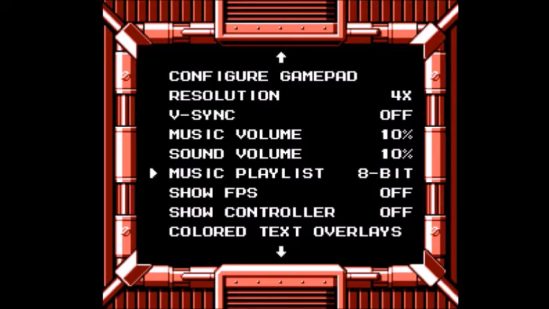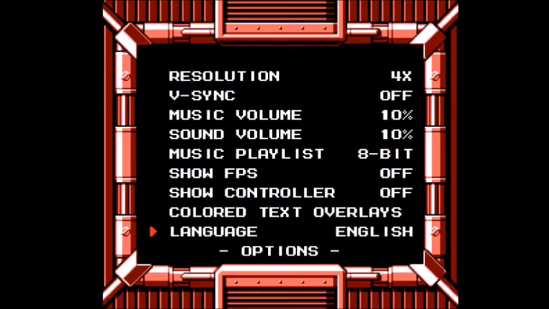Now, also the music playlist, you can either use the 8-bit soundtrack, which is new, or the original 16-bit SNES soundtrack. I mean, it would be cool to have a version for the GBA soundtrack in there as well, but the GBA soundtrack isn't that good. Unpopular opinion, but anyway. The basic stuff like show FPS, show controller, and some other stuff,